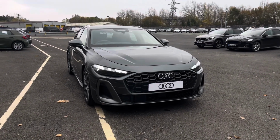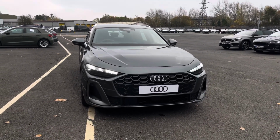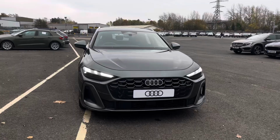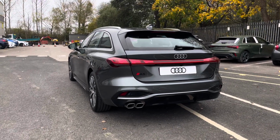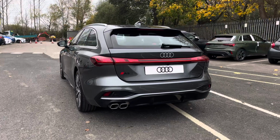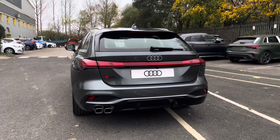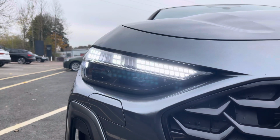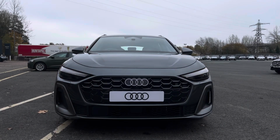Today I'll be talking about this brand new A5 Avant Launch Edition S-Tronic, finished in the modern Daytona Grey paintwork. This brand new model comes with a 2-litre TDI engine and automatic transmission, ideal for those wanting to cover extra miles. The top features include these bright matrix LED headlights for great visibility, which is paired with dynamic indicators, in